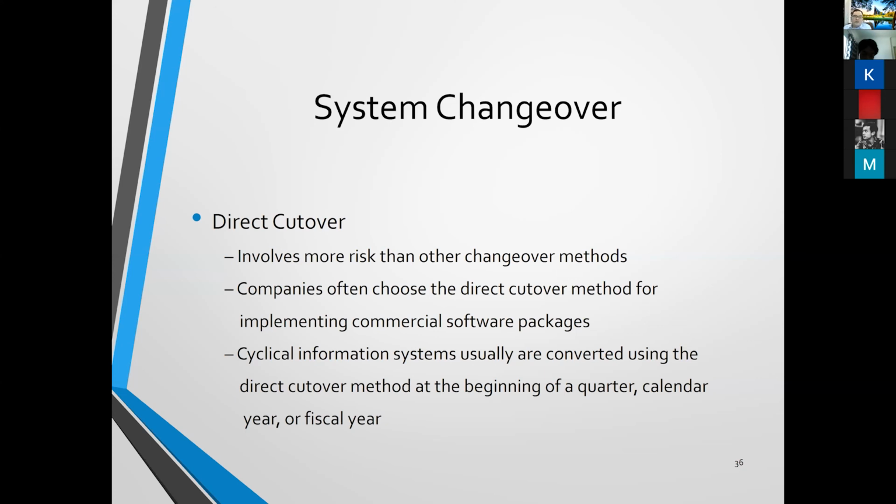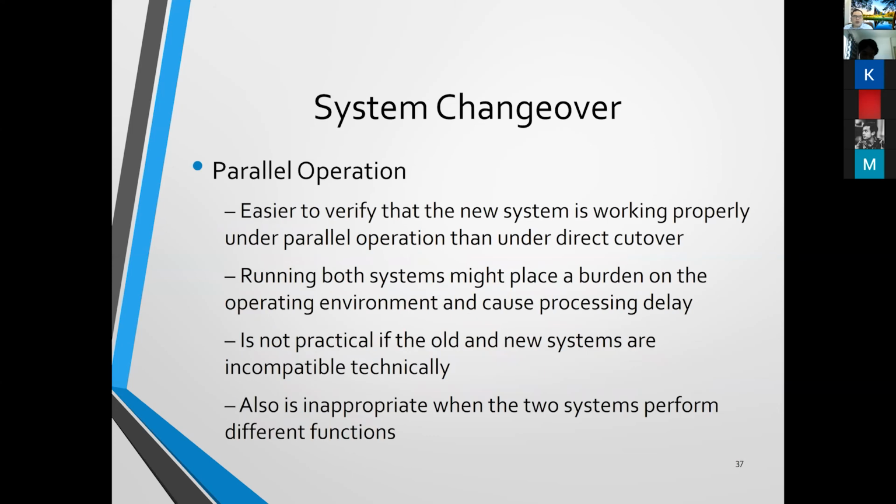That is the cyclical information system. The next one is parallel operation. The comment for parallel operation is that it's easier to verify that the new system is working properly than under direct cutover. You run both systems together, the new system as well as the old system. This might place a burden on the operating environment and cause processing delay, especially